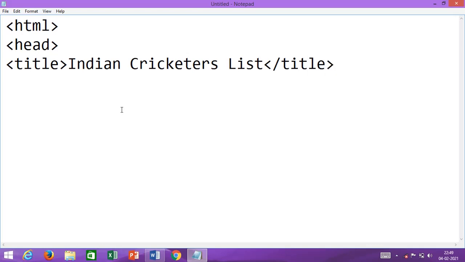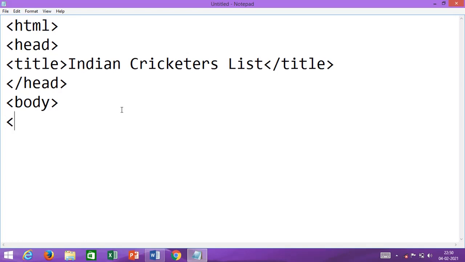Title is a container tag, which is closed within the head tag. Now I will write the body part. Inside the body, as I said, I am going to make an Indian cricketers list, so I will give a heading first.